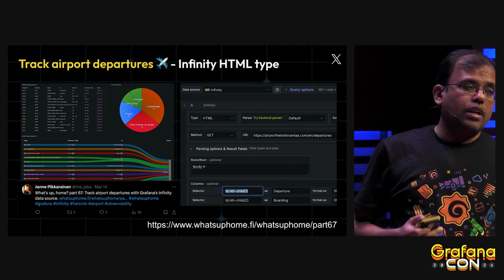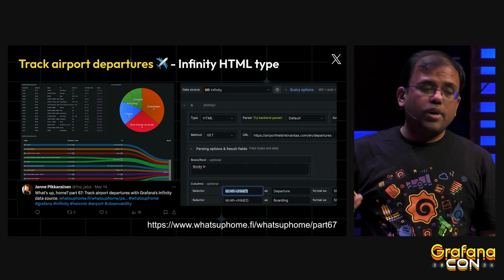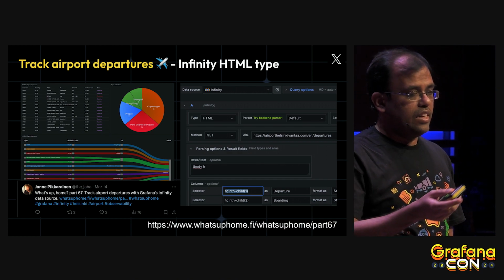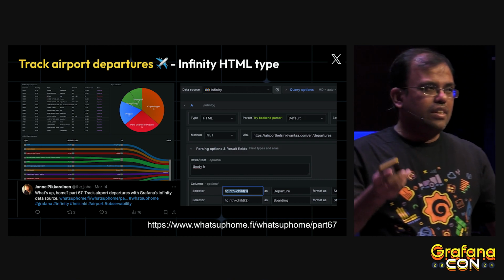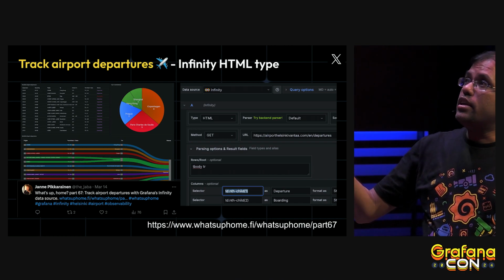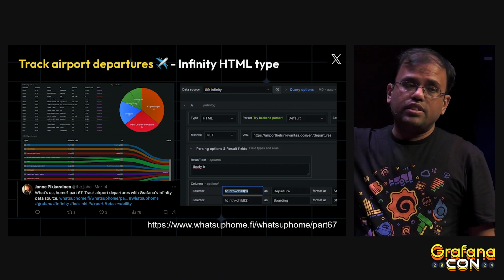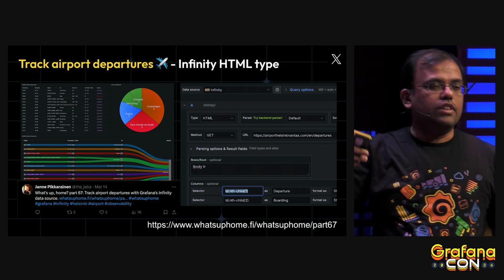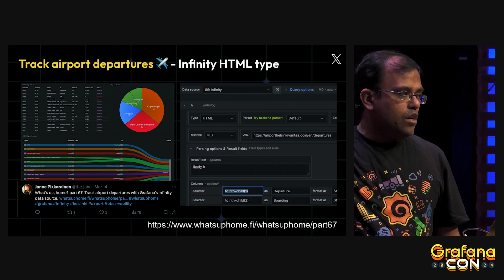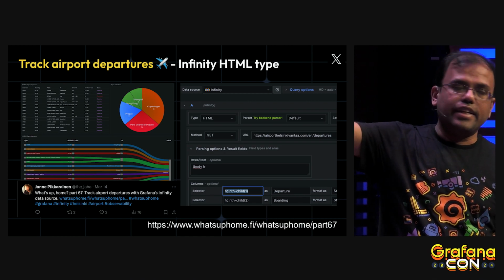Another example is where the user is tracking some airport departures, but unfortunately the user doesn't have APIs. The user doesn't have JSON or CSV to visualize. But what they have is a simple web page, which is very interesting for them, so they tried to visualize this. As you can see, the user selected the HTML type and selected the HTML fields they want. It's a bit of a fun thing to do with HTML. So the user managed to get the data from the simple HTML page, like how I did in the Wikipedia scraping. The same way the user did for some other page and got the airport departures.